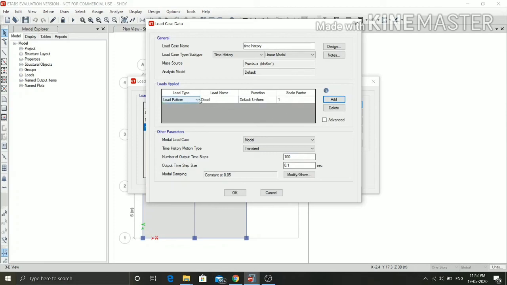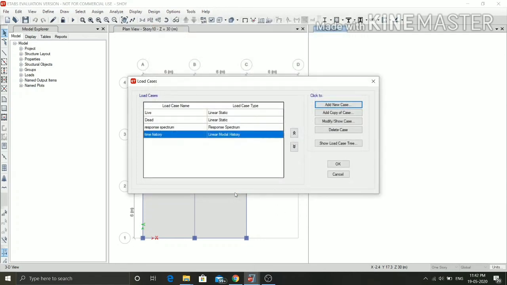In this, we will change the load type to acceleration and load name will be U1, function type will be time history function and scale factor will be as calculated, 166.3.5. Then click on OK.